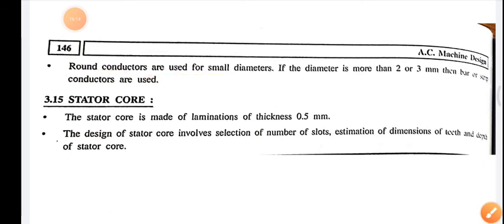Okay, so here we will be completing this lecture. We have completed a few of the terms related to our design purpose, that is ventilating duct, peripheral speed. This will all be required when we solve the numericals. So you have to remember the equations, also the notation, what is IS, what is AS, how the current density is denoted, what is the range of the current density. These are all things that you have to remember.